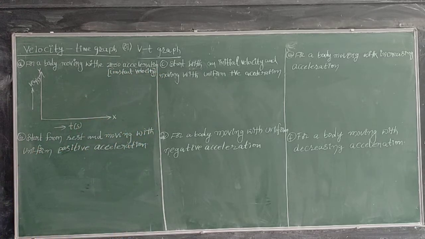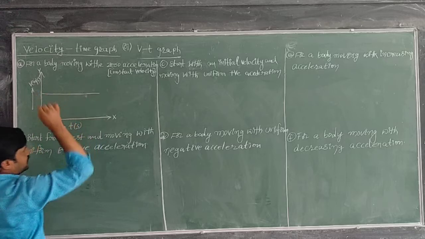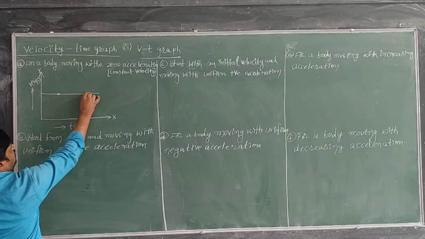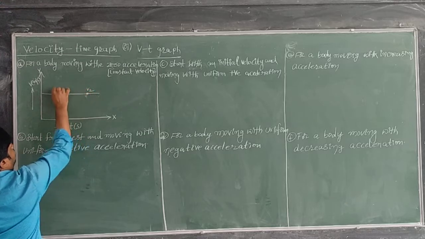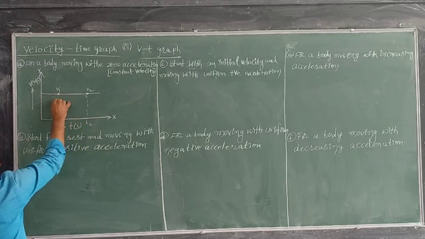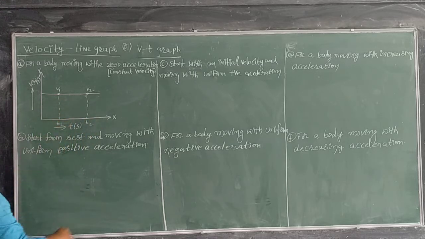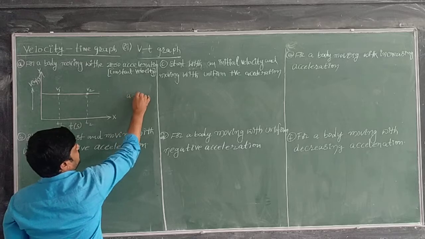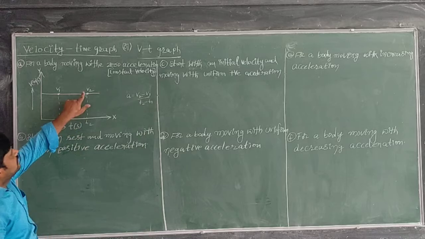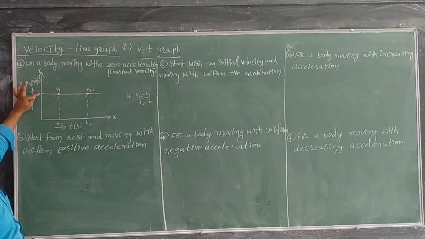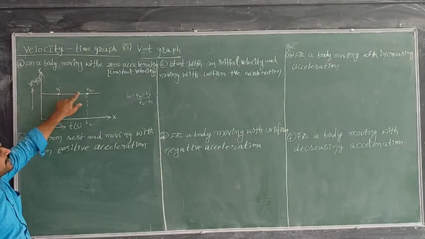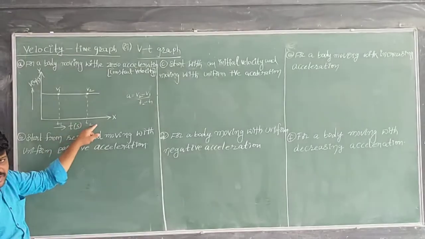Now in this case, we have to draw the graph like this. If you take any 2 points, this is one point, this is another point, v2 and v1. Related to these, the times are t2 and t1. If you measure the acceleration, acceleration equals v2 minus v1 divided by t2 minus t1. Here v2 and v1 both have the same values. On the y-axis we only have to see v1 and v2, and time we take on the x-axis.